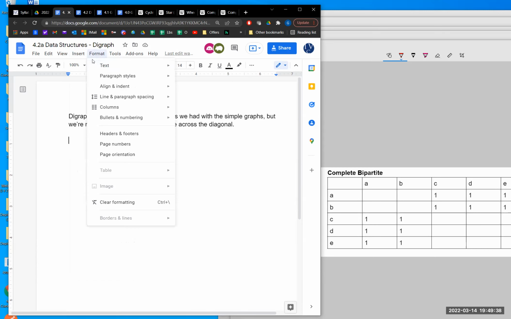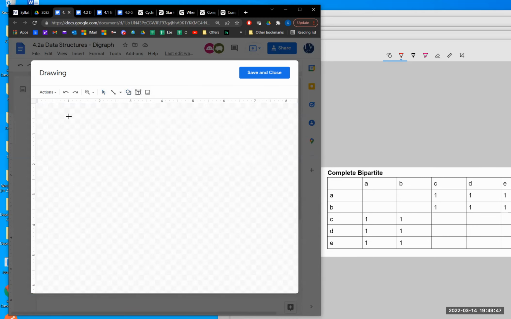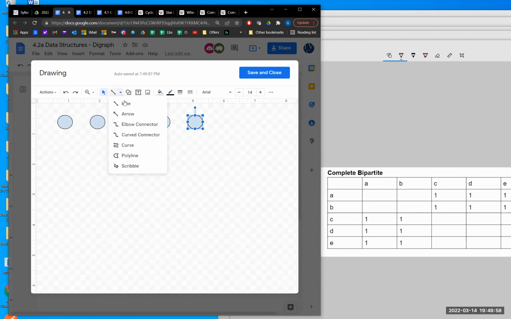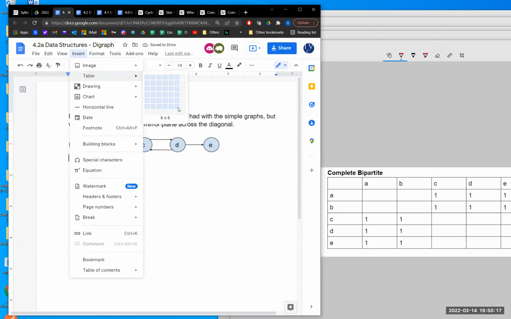Okay, we'll do both ways. The first one we'll go ahead and do with our drawing, and then go in reverse, from the matrix or the list, and then back. Just do some arrow connectors. This one can go both ways. All right, 5 vertices, so if we're going to do the matrix,